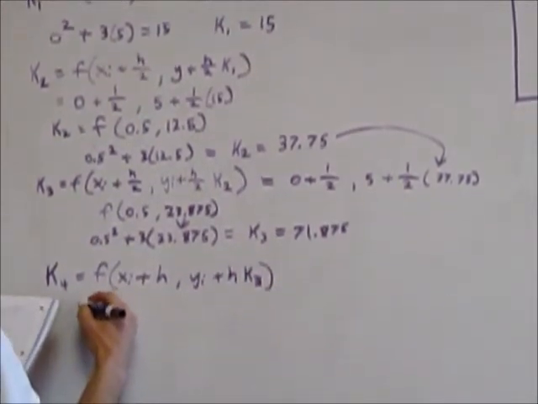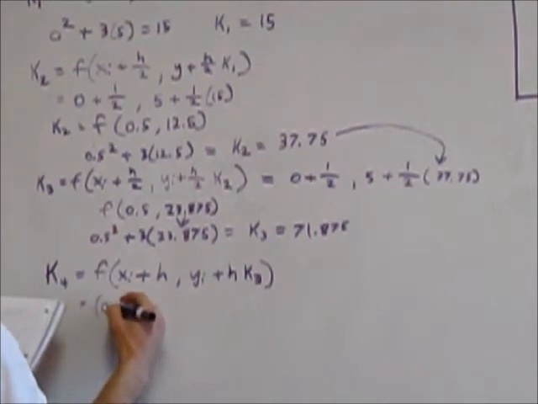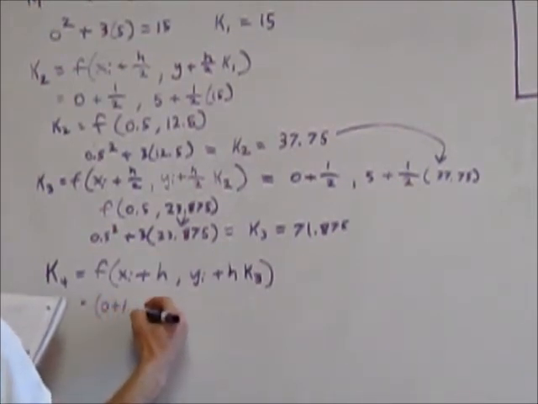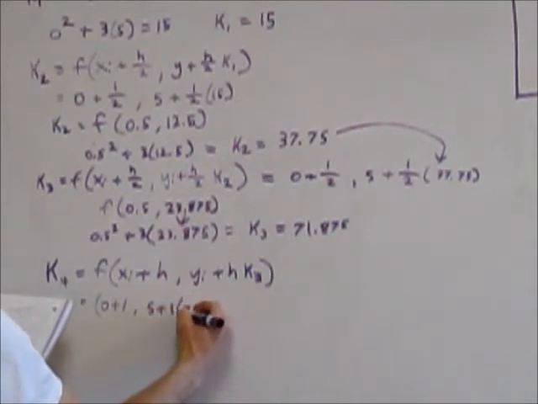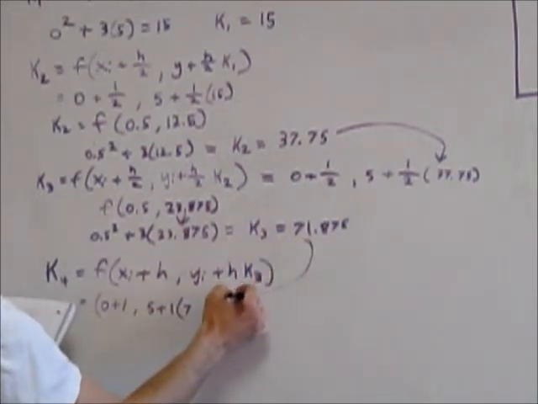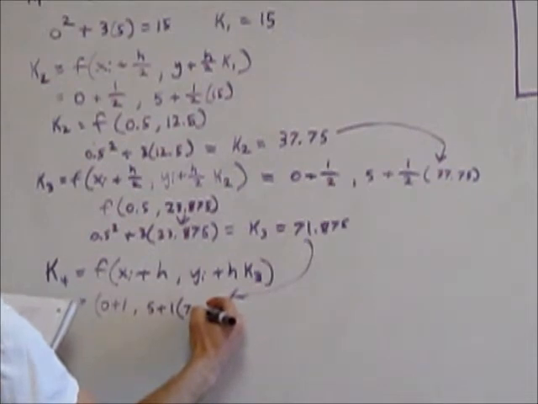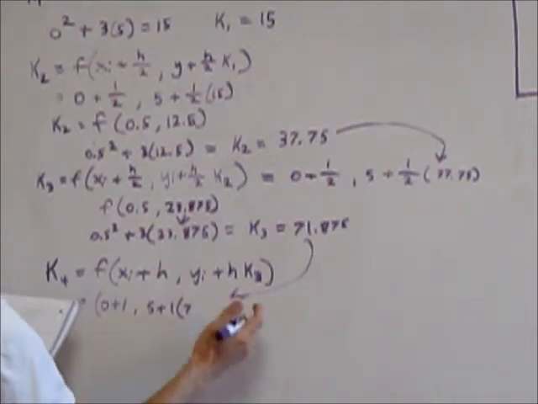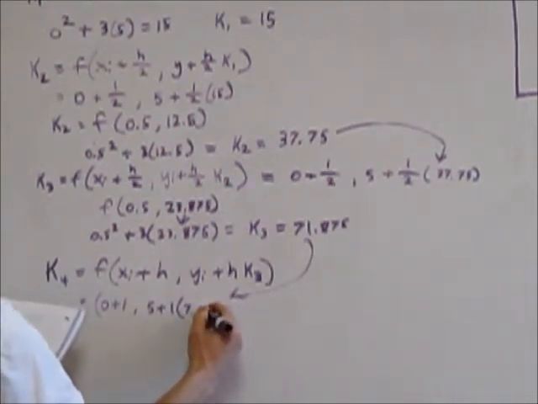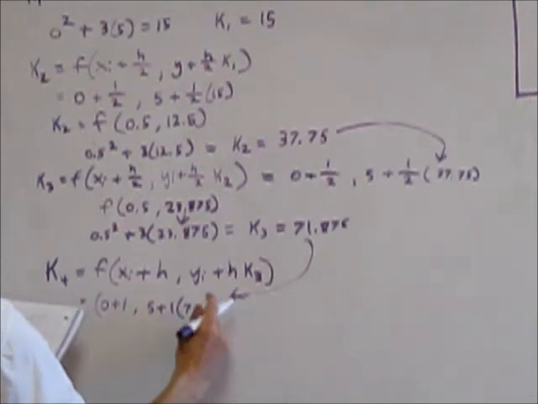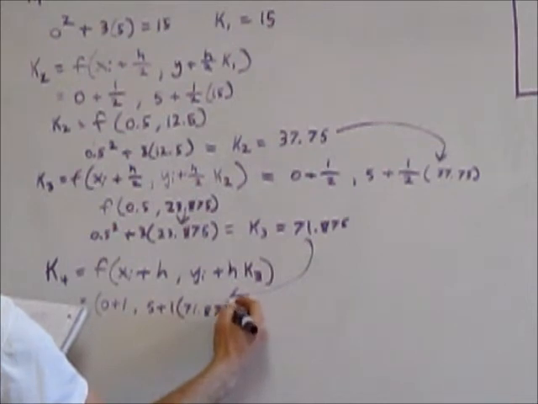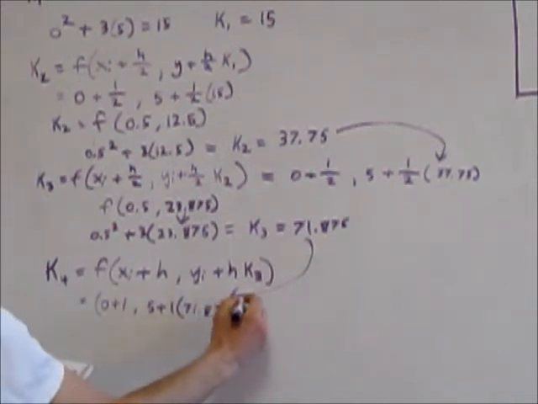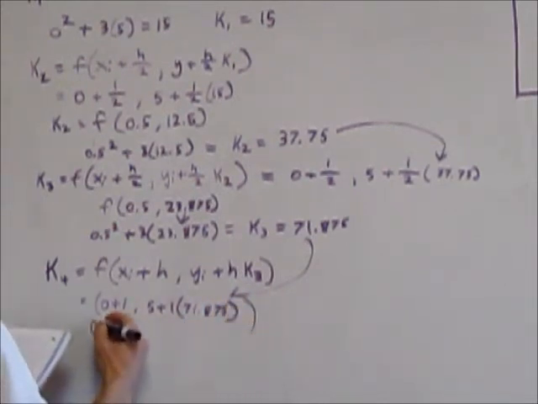So that turns out to be 0 plus 1 and 5 plus 1 times our K3, which is, oops, marker foul. Okay. So we get the point